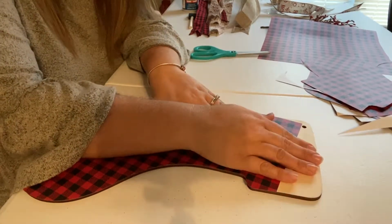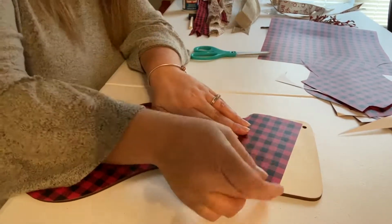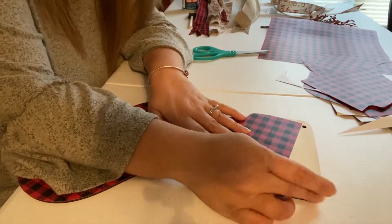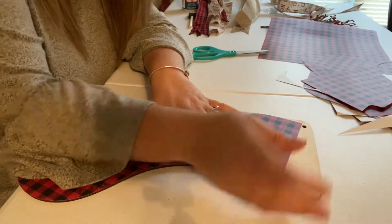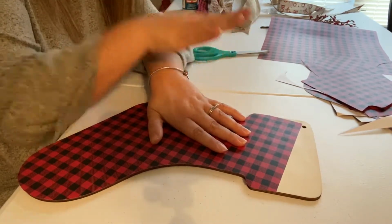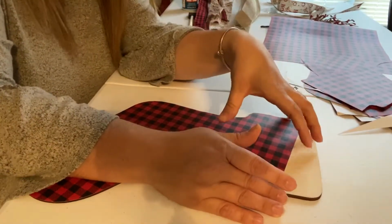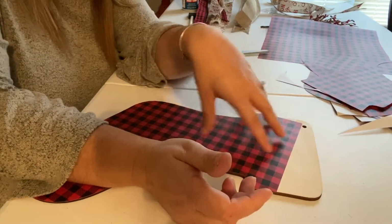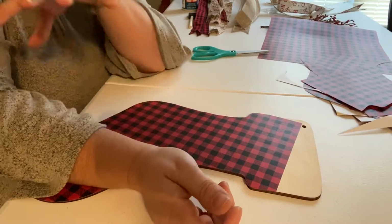So I guess I could paint it. I don't have any black paint, but if for some reason you only had one sheet of this, your options could be, you could paint it black. If you wanted to, you could paint it red. I personally think black might be better, but you could paint it red or black. We're gonna have a bow, so you could make a bow. If you needed to make the bow large enough to cover all of that, that is perfectly fine. I think we're gonna be okay, but